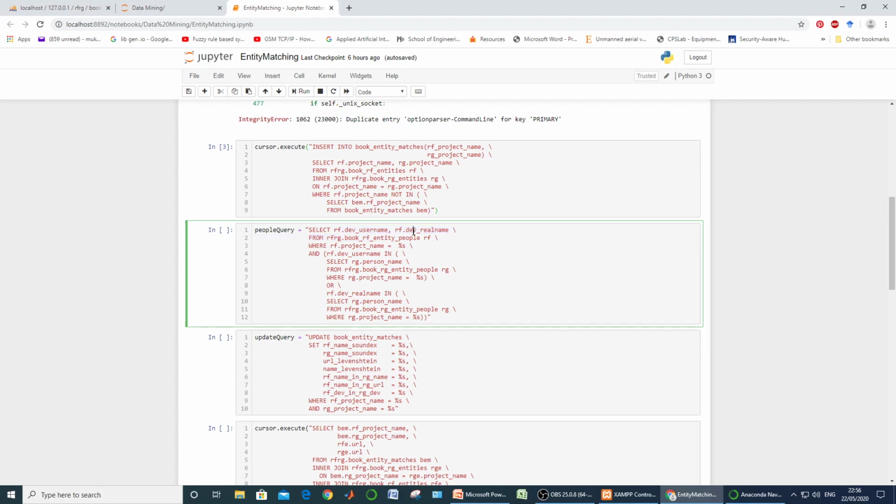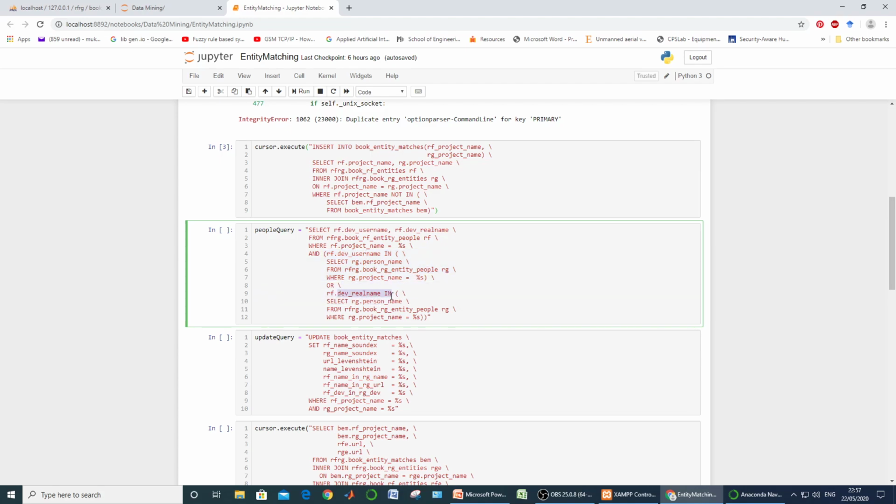As I have just told you, there are two names in the RF table, the developer username and the developer real name. This check is only for the developer username. The next check is to be made for the developer real name.